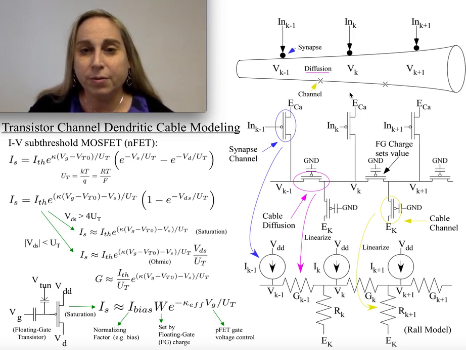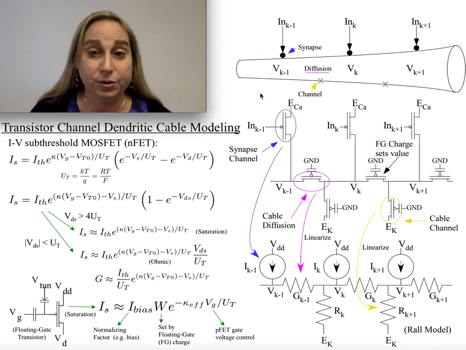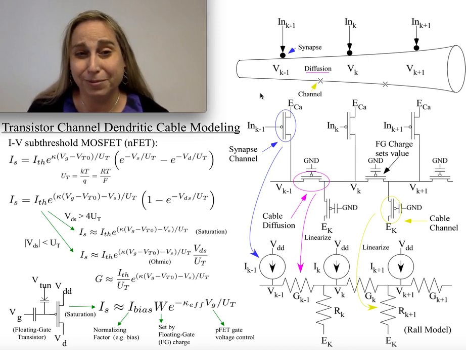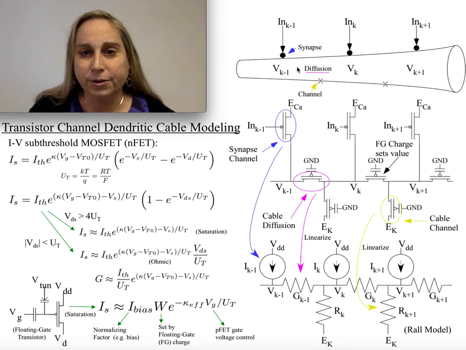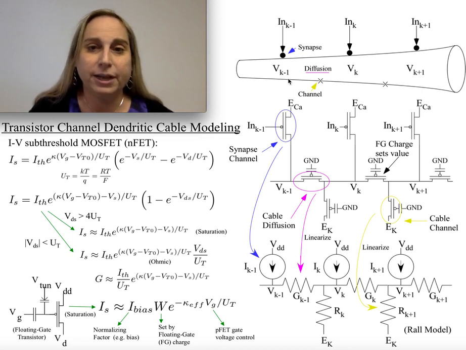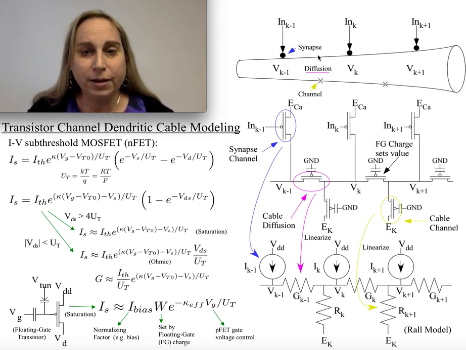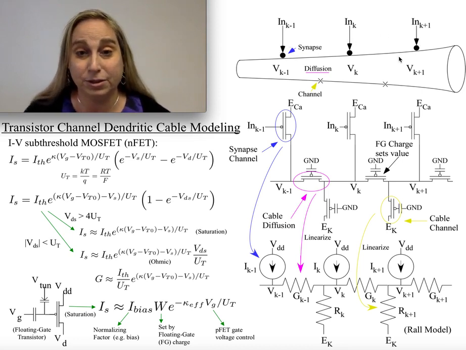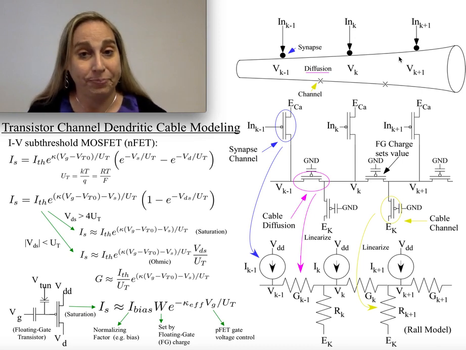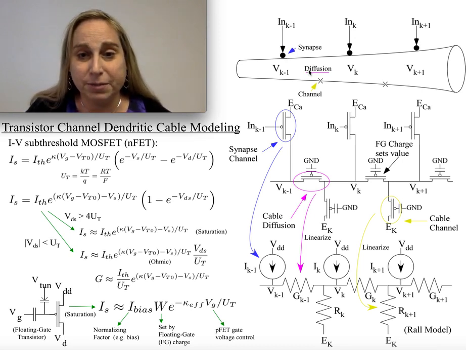Now, let's start with the fact that a piece of dendrite cable is going to have an inside and an outside, some circular diameter, but really it's going to be whatever kind of interesting shape it is. We'll have internal potentials, and say we're looking at the middle of a cable, so V sub k, k plus 1, k minus 1. I may start off with, say, 1 synapse per block. I could have many synapses and look at multiple things, but I'll start from this model. And so I'm going to be dealing with synapses, and there'll be channels,